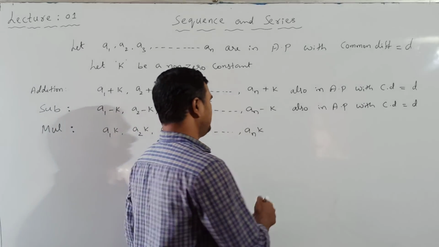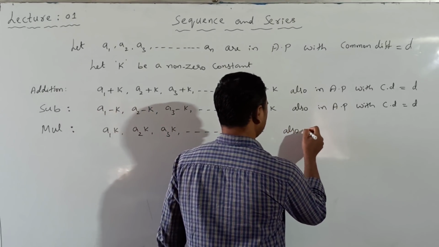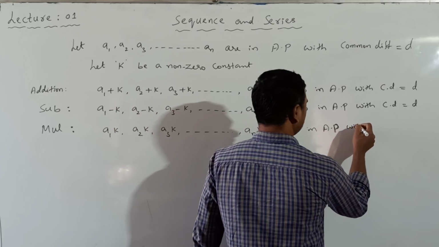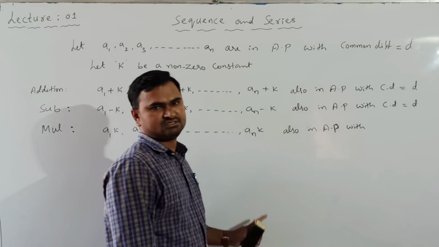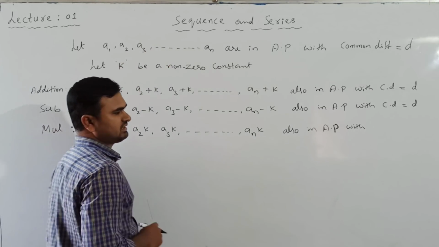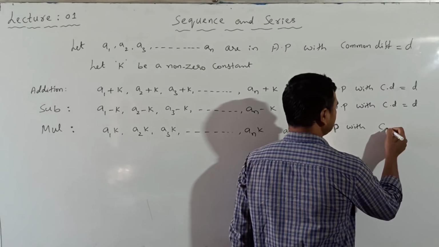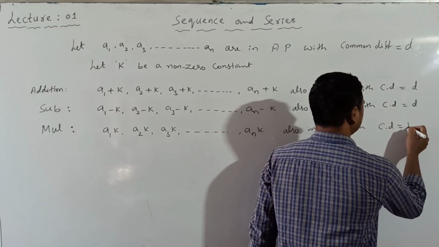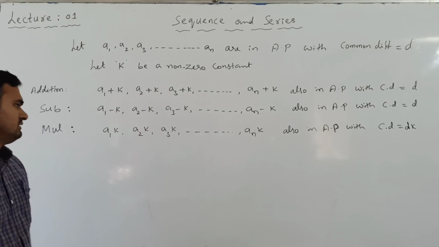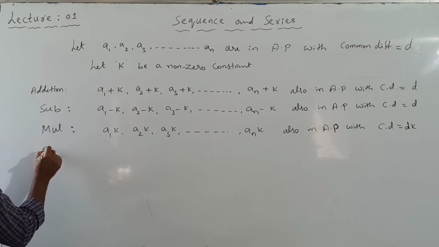So again it is also forming an arithmetic progression. But here the common difference is not the same as the given arithmetic progression, because since it is multiplied by k, here the common difference will be d into k or k into d. This is multiplication. Next, if I divide,